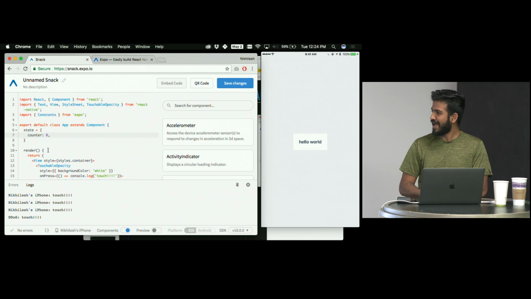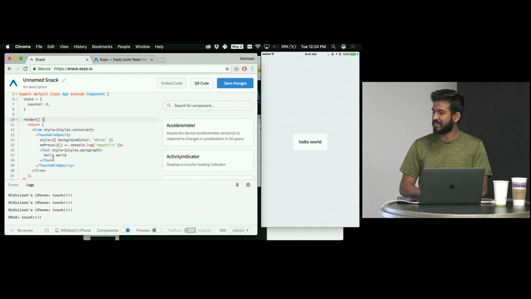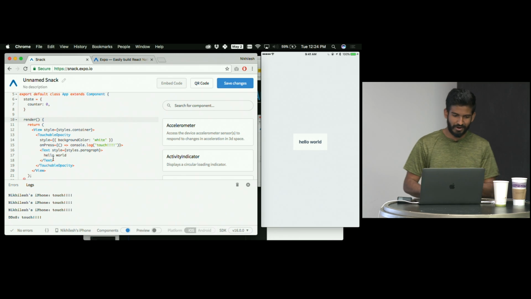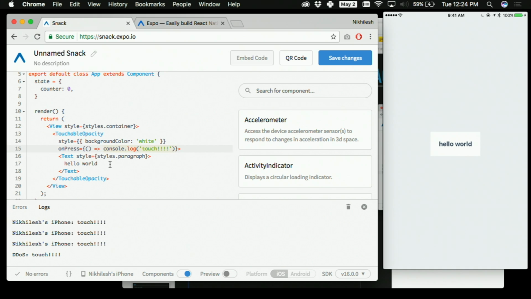Yeah, so we have current state, and render tries to be this pure function that just maps state to the component hierarchy that you want to render for that state, and then behind the scenes, React is like, OK, this is what we're going to do to render it. So a lot of words there, but let's jump back into doing stuff. So we have counter at 0. You would think, hey, can we just do counter plus plus, right? But because of this model of having explicit state and then having render depend on that, you actually need to tell React that you're updating state, and then